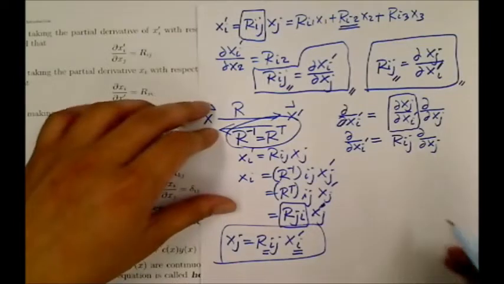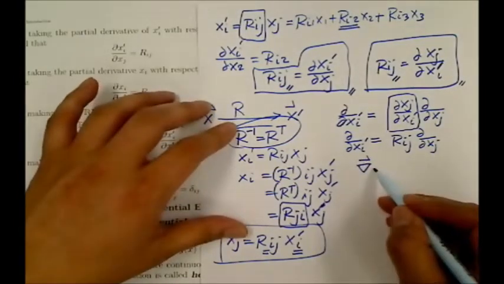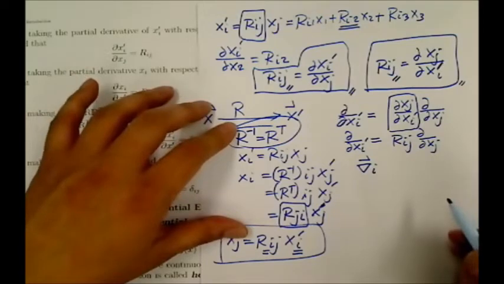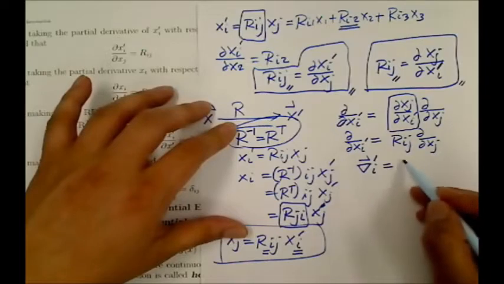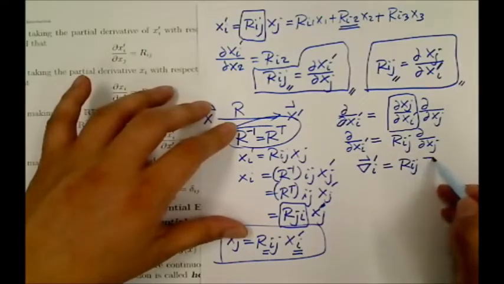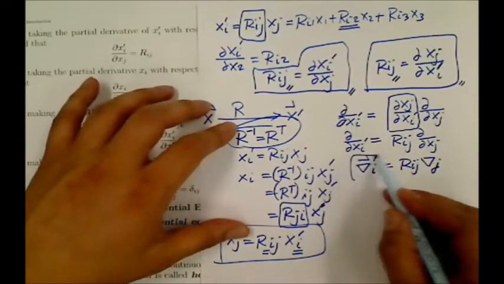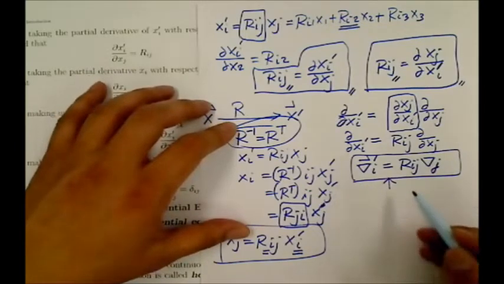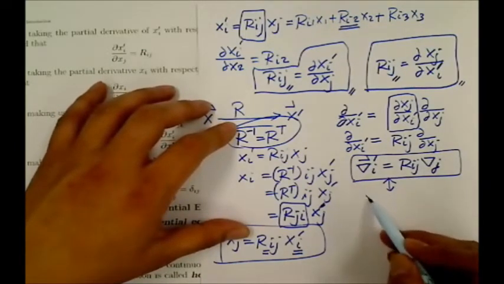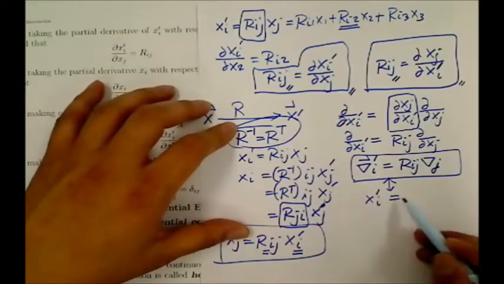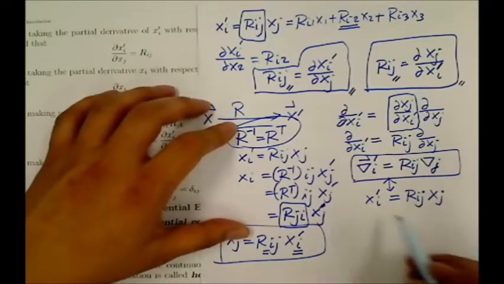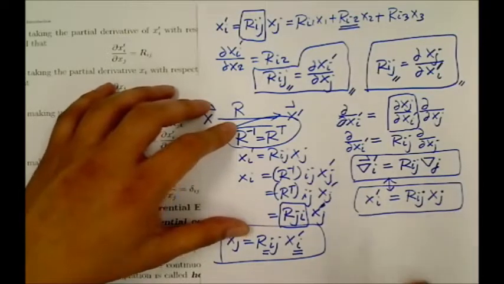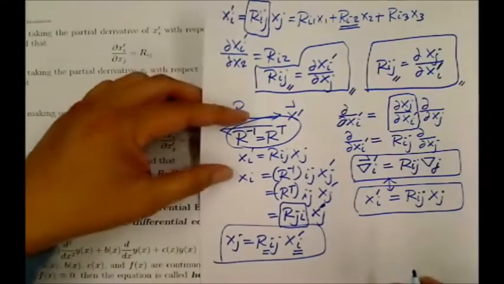Actually, this partial derivative is just the i-th component of the gradient operator. So, in the primed system, the gradient operator can be obtained by rotating the gradient operator in the unprimed case. This relation is exactly the same as for a normal vector: x_i prime can be obtained by multiplying R_ij to the unprimed vector components. From here, what we obtain is,